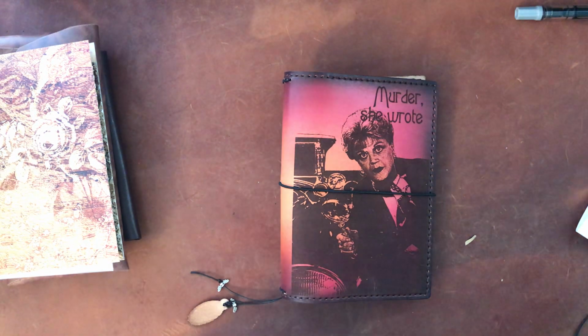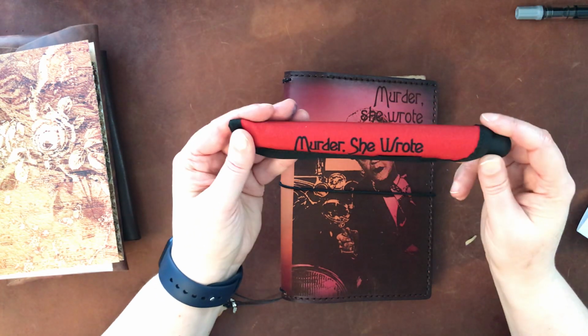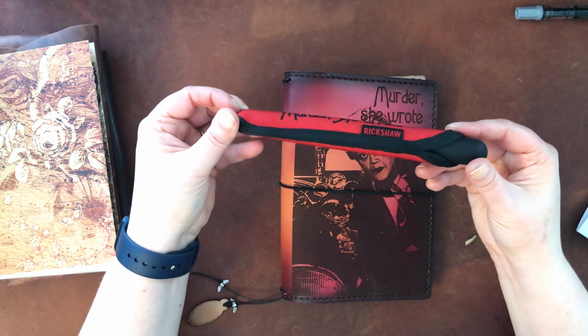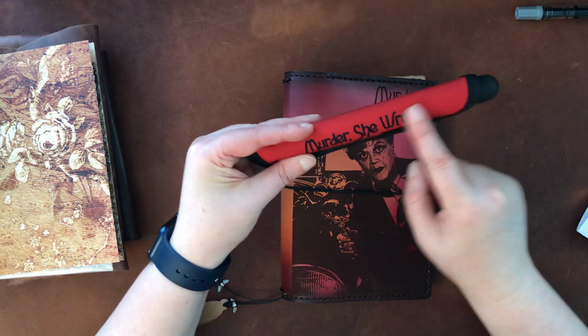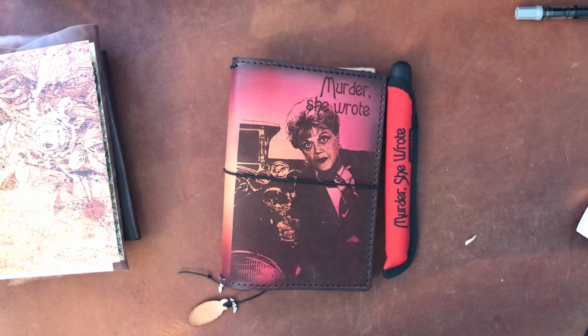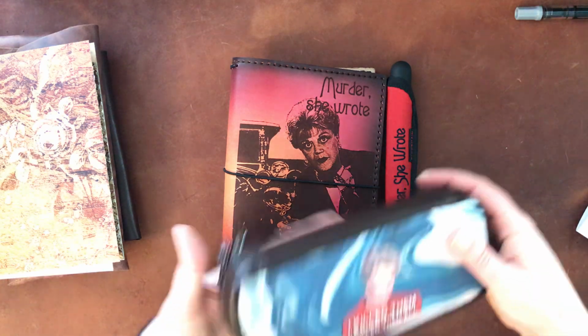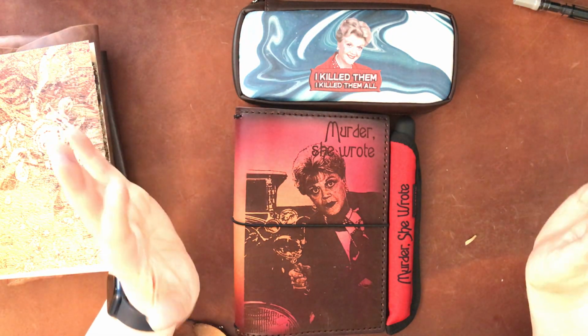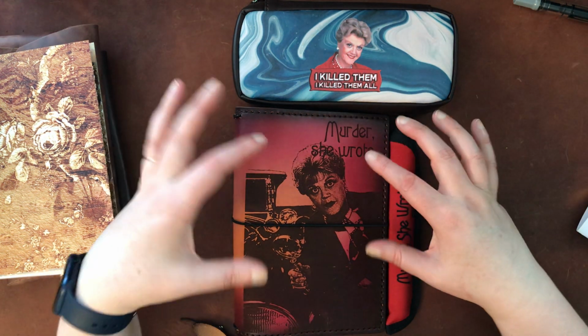Actually, I will show you some of the Murder, She Wrote themed things that I have here. So this pen case I actually got at Rickshaw Penworks. So this is what I got to hold my Ranga number 5 pen, which is a fountain pen, which is huge. But they were selling these Murder, She Wrote pen sleeves. They didn't have an option for different sizes, so this is still probably a little bit small for this big pen, but I figured it would work. But so I have a Murder, She Wrote pen sleeve, and then let me see if I can find, oh, there it is. And then I have my little Murder, She Wrote pen case. So I'm all Murder, She Wrote-ed out here. But I just thought that this was so fun,